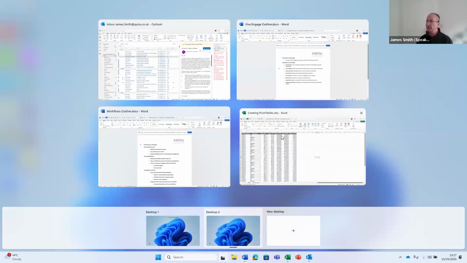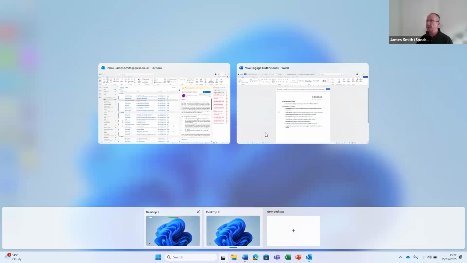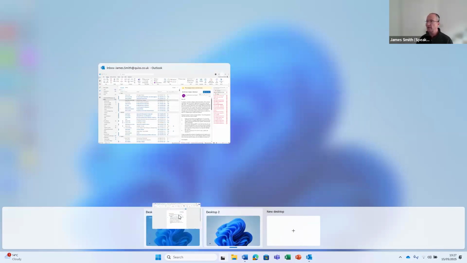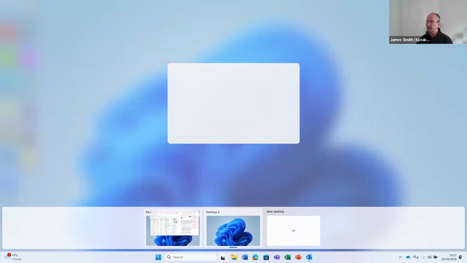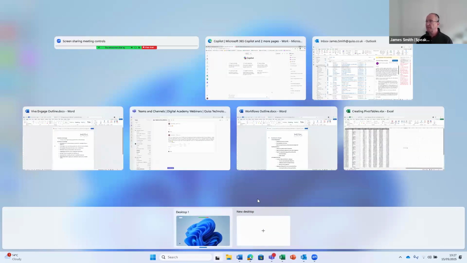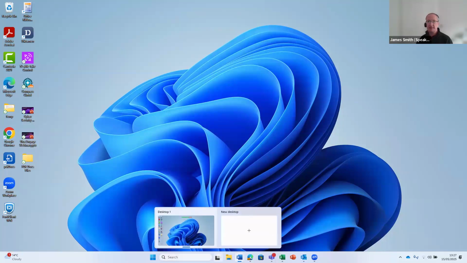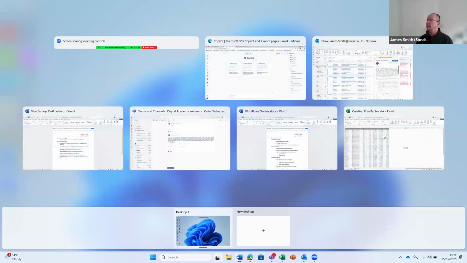You can also drag and drop things from one desktop to another. So if I move everything from desktop 2, I can drag and drop it over onto desktop 1. I could close desktop 2. I'm back to just having my one desktop. Okay, so this is my task view. As I'd mentioned with the snap left and snap right,